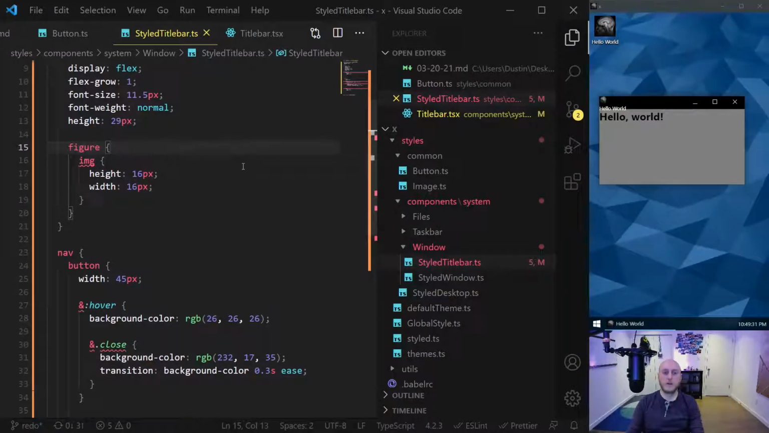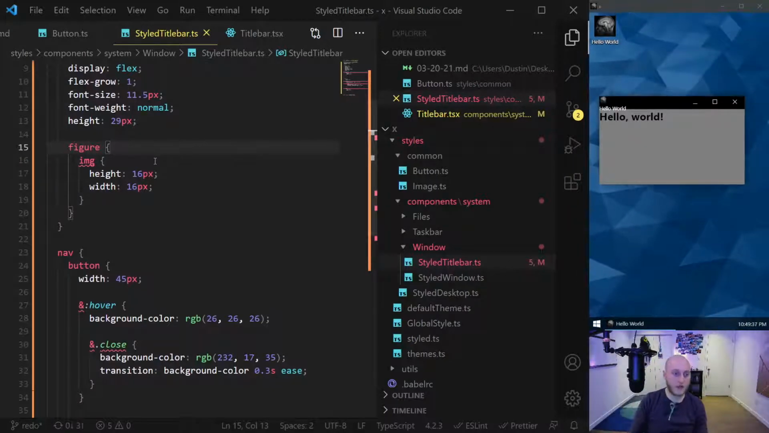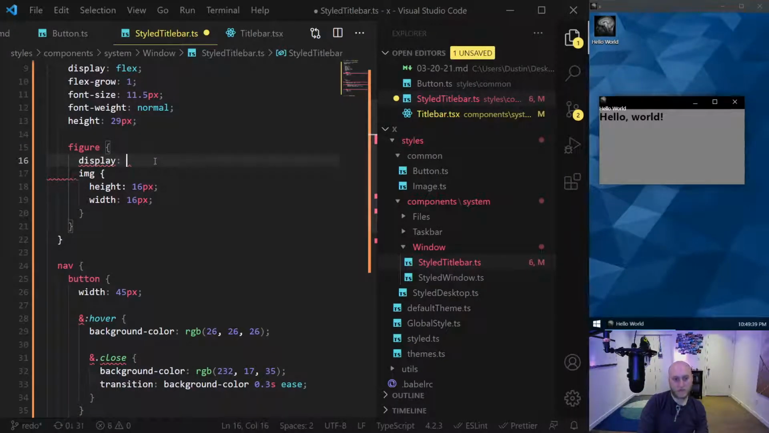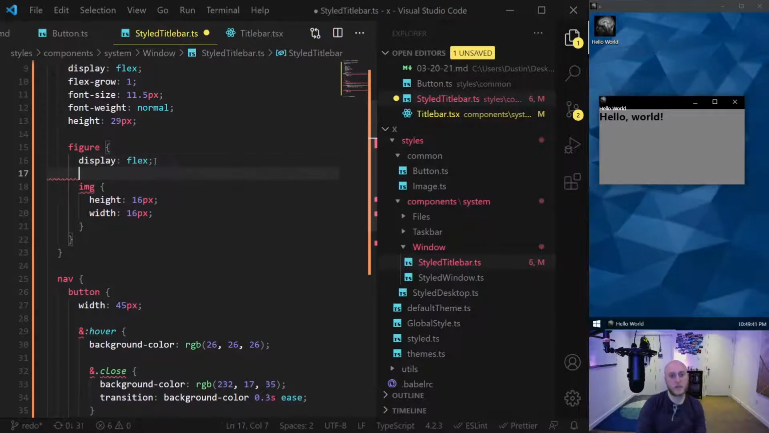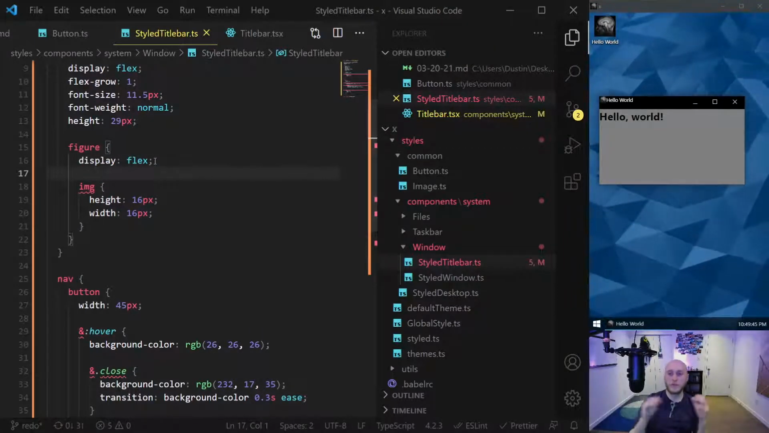So as far as the H1 piece, you see how it's like icon text? I need to do flex on that too, so it'll default like that. So let's do the same thing for the figure. I want that to display as flex, and that should shoot the text to the right, I'm thinking. There we go, cool. So now those are positioned correctly in a way, but I need to clean it up